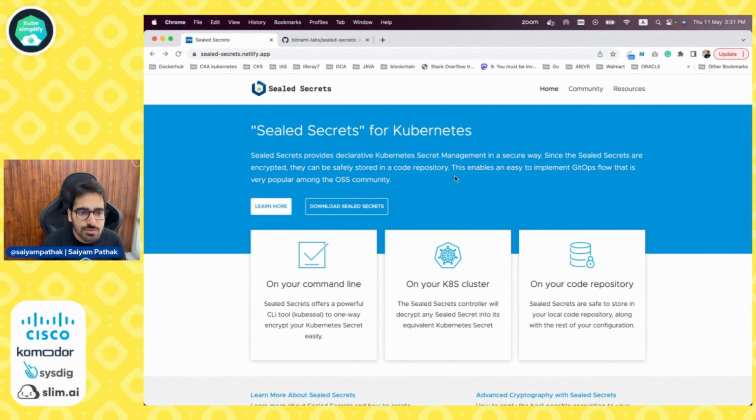So Sealed Secrets for Kubernetes. Official definition, it's a project by Bitnami Labs. It provides declarative Kubernetes secret management in a secure way. Since sealed secrets are encrypted, now, understand this word, encrypted, they can be safely stored in any code repository. This enables to easily implement the GitOps flow that is definitely popular,